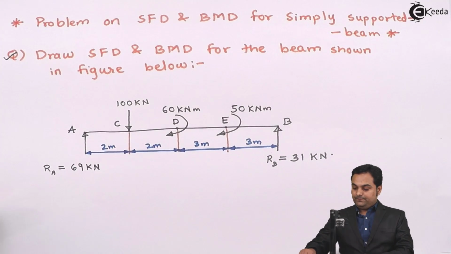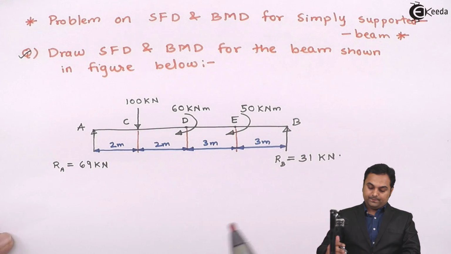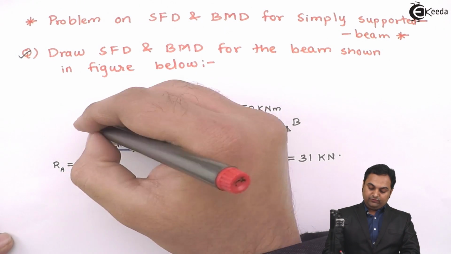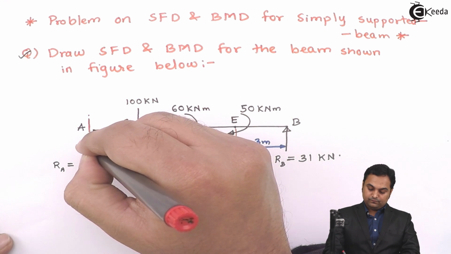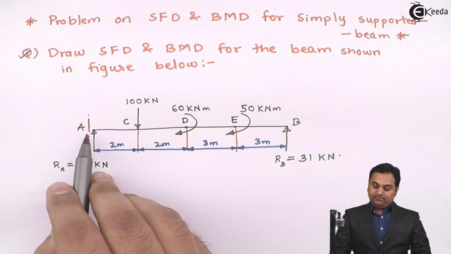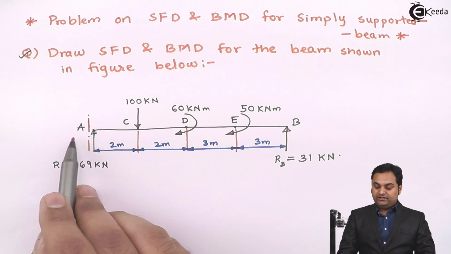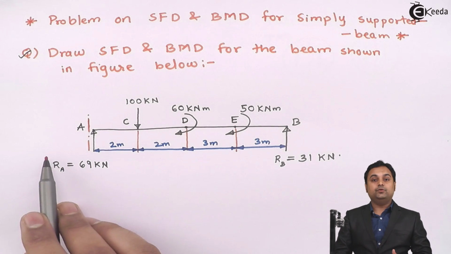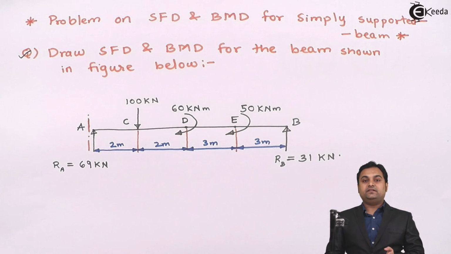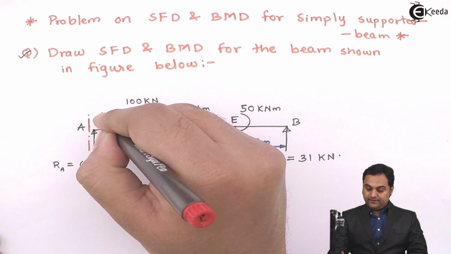now for that, suppose I am taking the section to the left of point A. Now if I am taking the section to the left of A, there are no forces on the left hand side of this section. So shear force on the left hand side will be 0. But if I take the section to the right of A, that is very close to A on the right hand side,